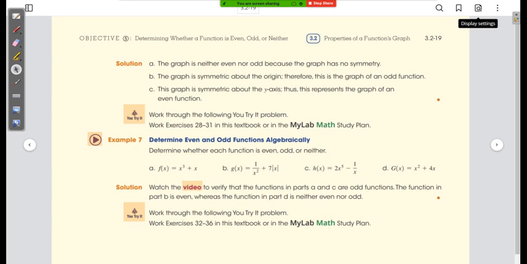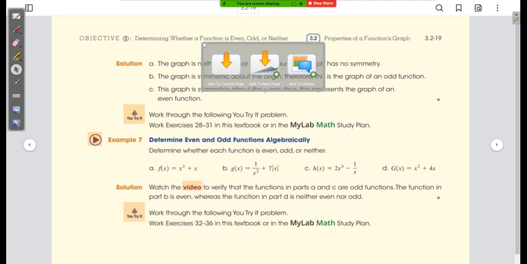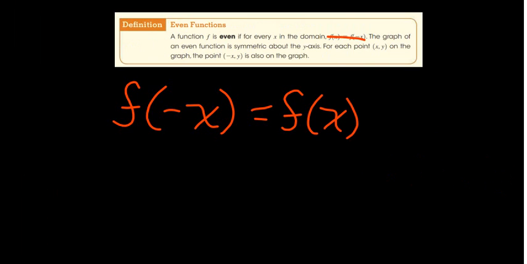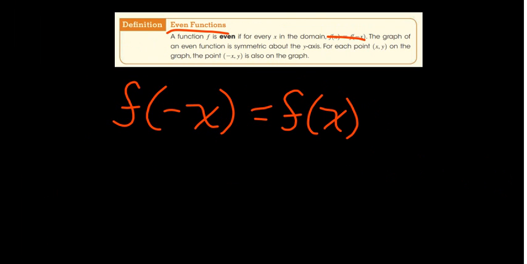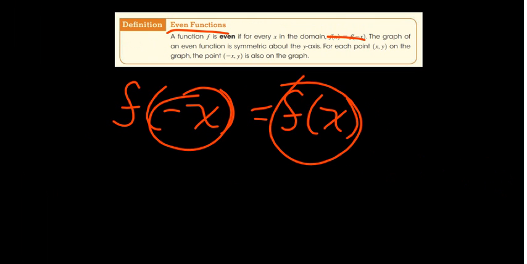Okay, so example 7. Example 7 is where we're going to use what I told you guys about earlier. Let's go back, and I'm going to rewrite this, but I want to touch on it real quick. I want you to write this down. An even function. Honestly, if you just write even function and this, you're golden. Obviously the other stuff is important, but it's more in line with the rigors of mathematics. For this course, if you remember, even functions are whenever you plug in negative x, you get back the original function, you're even,